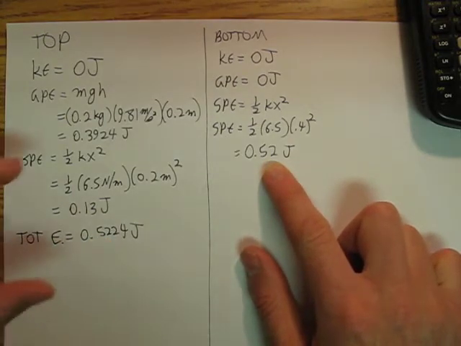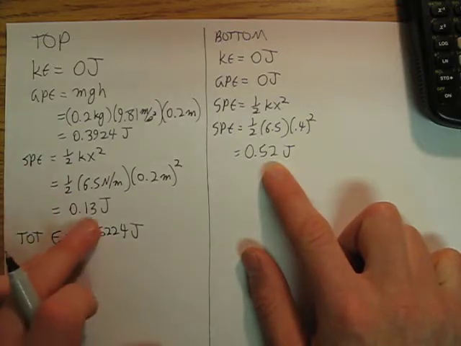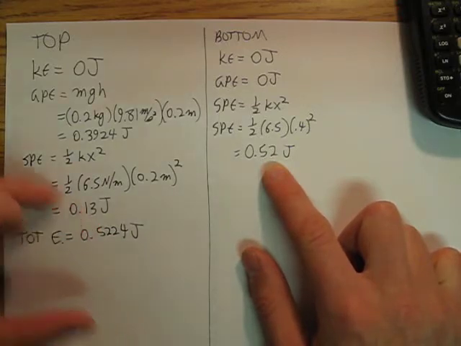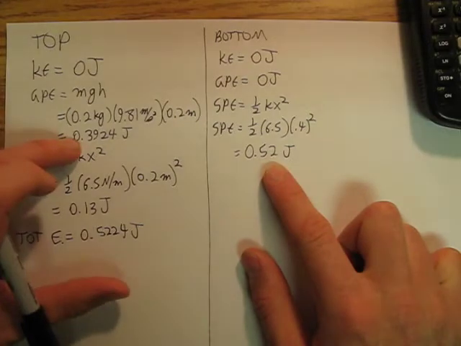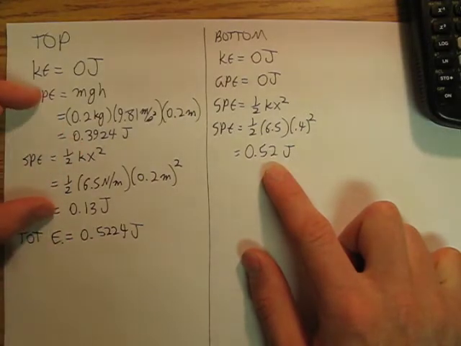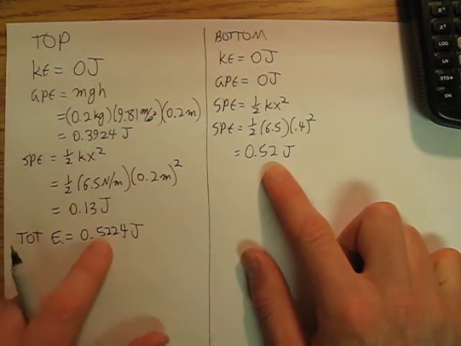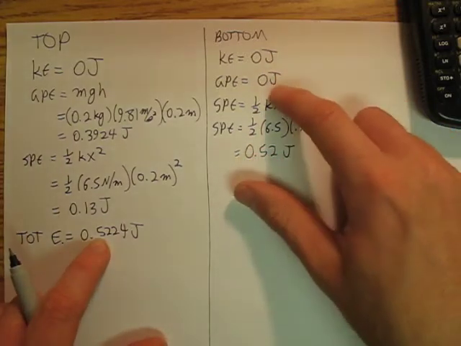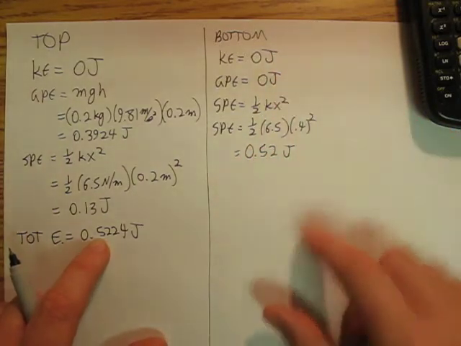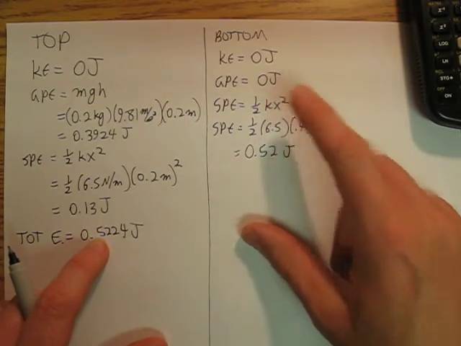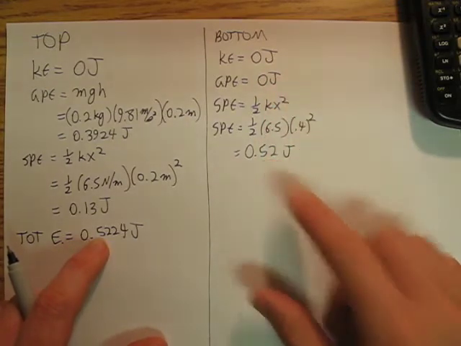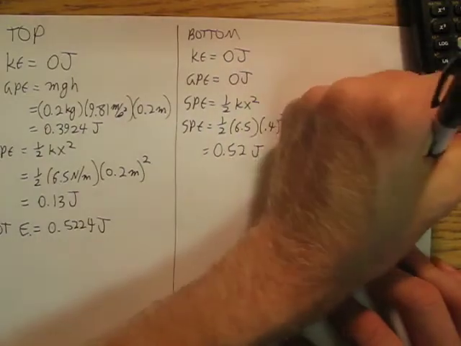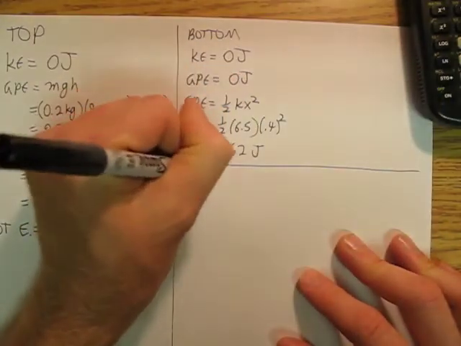So at the top I had 0.13 joules of spring potential energy and 0.3924 joules of gravitational potential energy, for a total energy of 0.52. At the bottom I've got 0 kinetic energy, 0 gravitational potential energy, and my spring potential energy is 0.52. So now if we go to the middle,